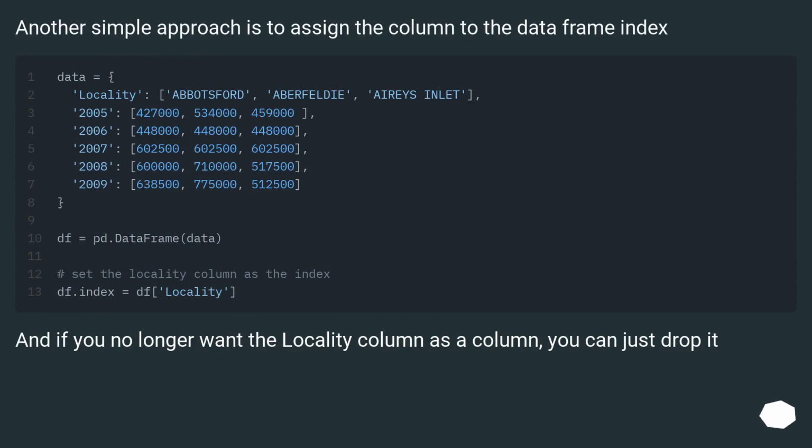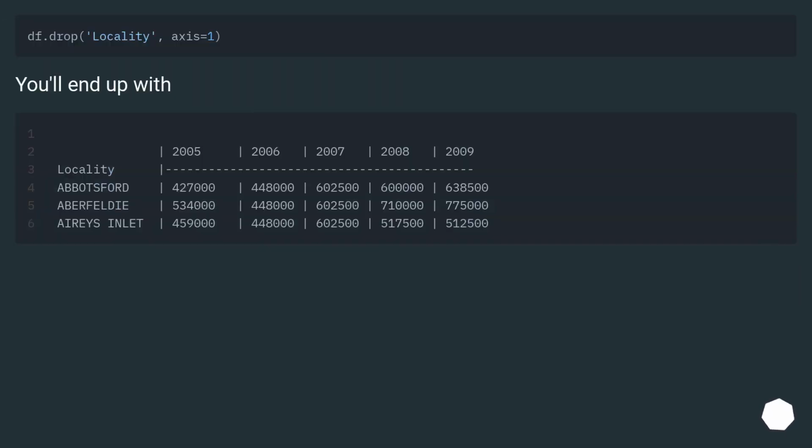Another simple approach is to assign the column to the data frame index. And if you no longer want the locality column as a column, you can just drop it. You'll end up with